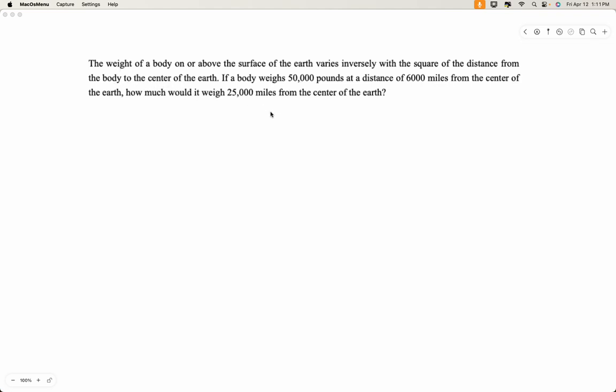So now you have struggles with word problems. The thing to remember with word problems is that there are key words that you've got to pay attention to. So these variation problems, the key word to look for is inversely or directly. So here we've got inversely right there. So that tells me if it's inverse, it's going to be division. So inverse is equal to division,